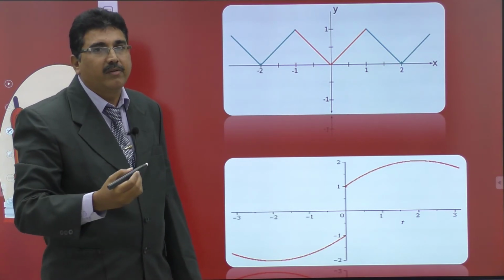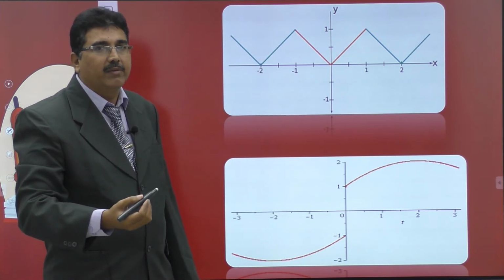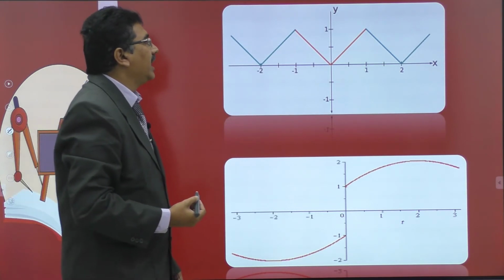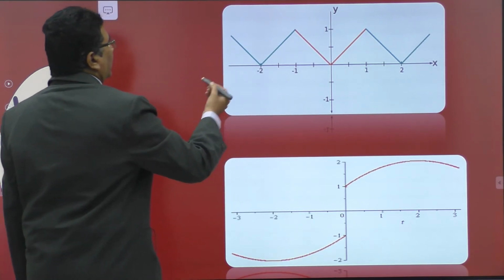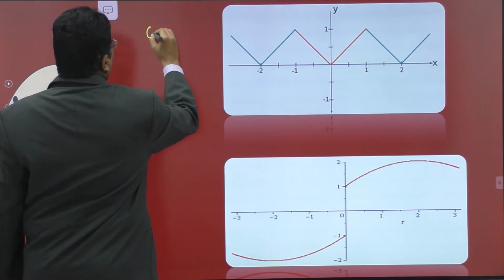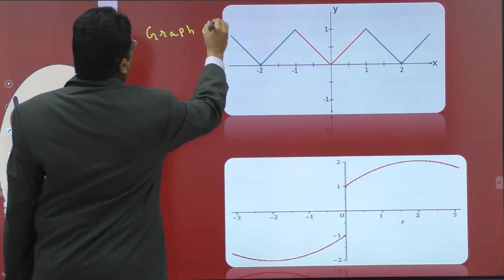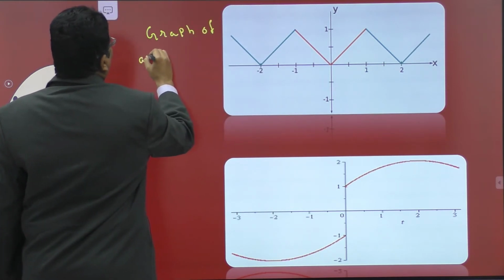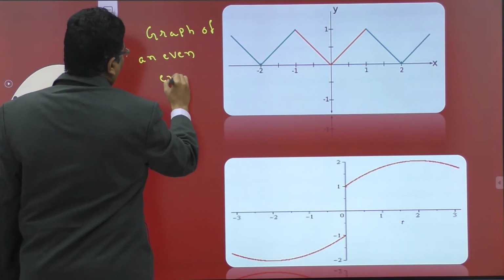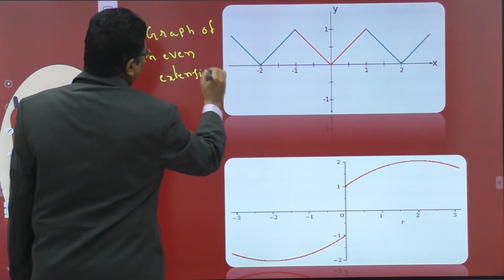If f of x becomes an even function, then the extended function will be an even extension. This is the graph of an even extension of a function.